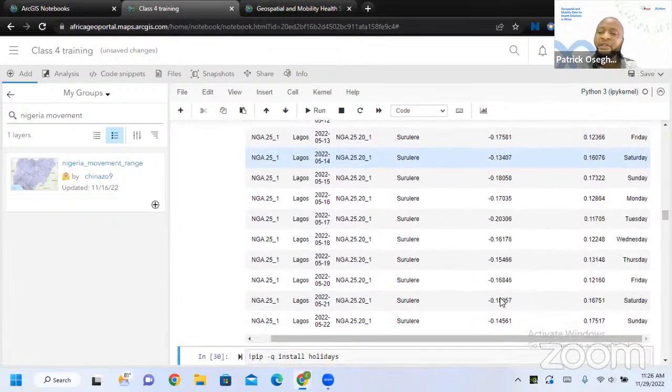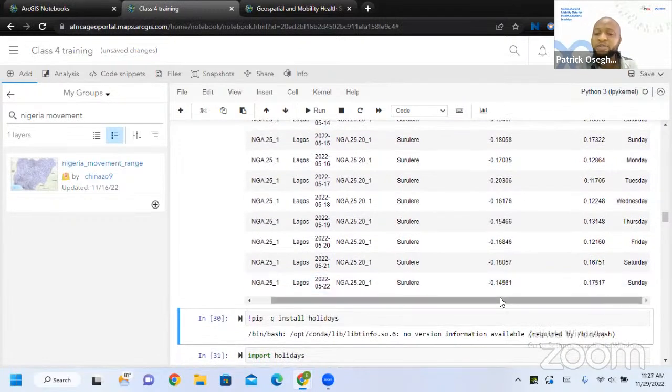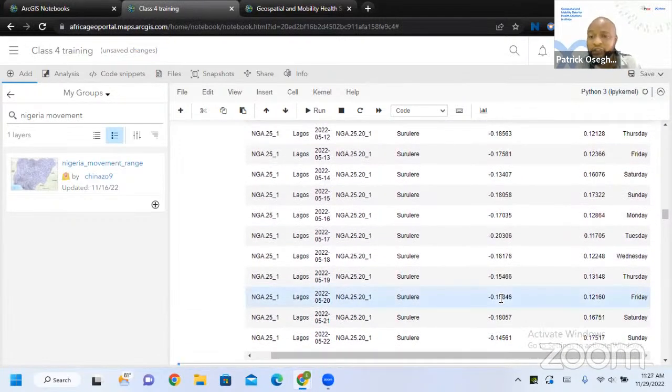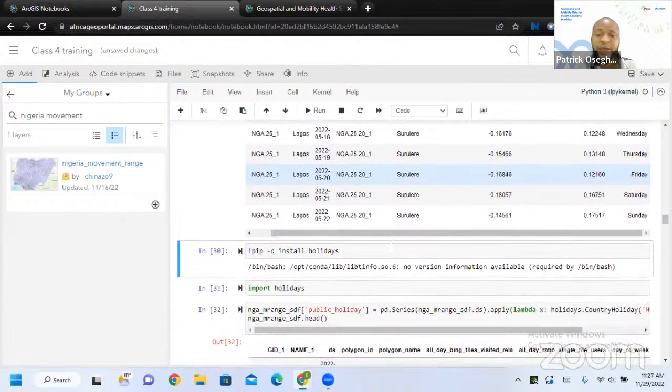But then there's another factor that we could also see, and which Python can do for us: holidays, the public holidays. How can we use this data? We have this public holidays data in the group. You can use it, but in this case, I want to use the Python API so that you see how it can be done. There's a Python library called holidays. I'll be installing it. This is the command you can use to do the installation.